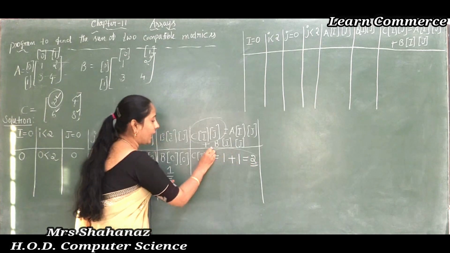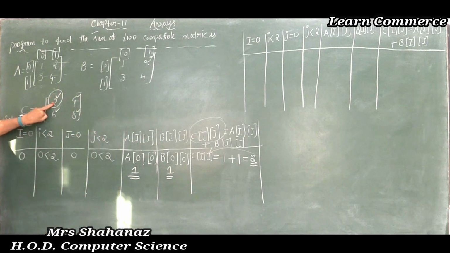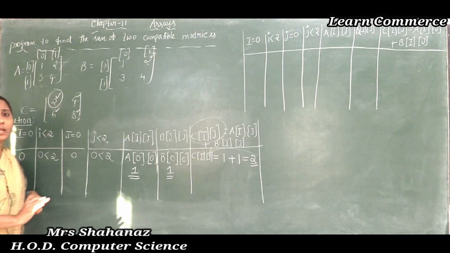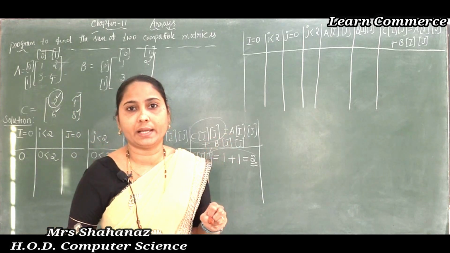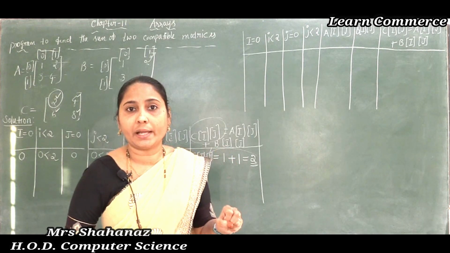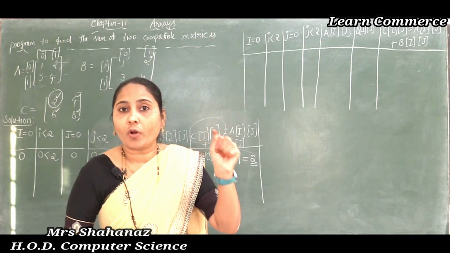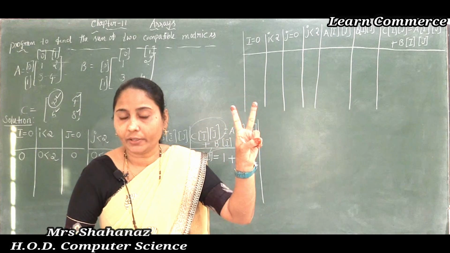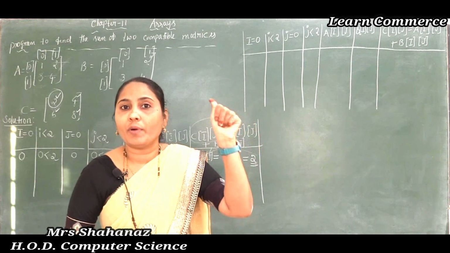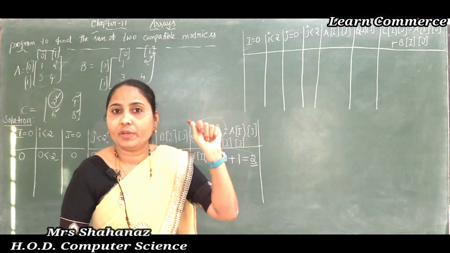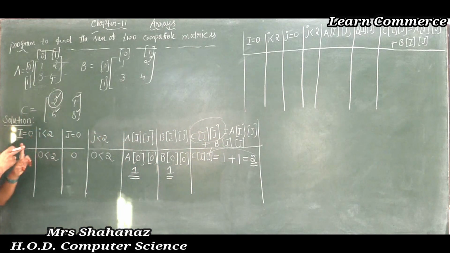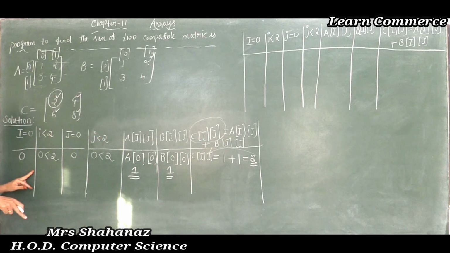Where are we putting this 2 value? C of ij. So now we got the result, the first element result here, and later you should remember it. As we know, in accessing the elements of a two-dimensional array, I am now giving an important note, okay. Here two loops are there, is it right? The one loop processes the rows, the another loop processes the columns, correct? So we can say that the outer loop is for rows here, and the inner loop is for the columns.